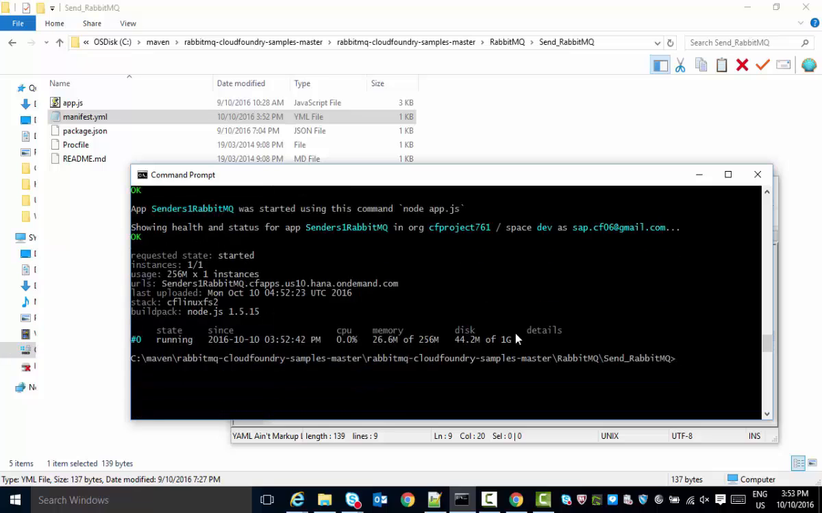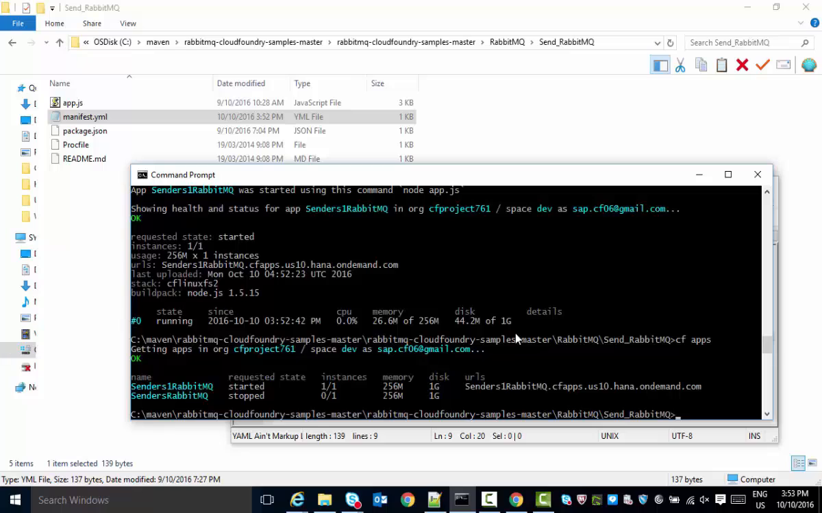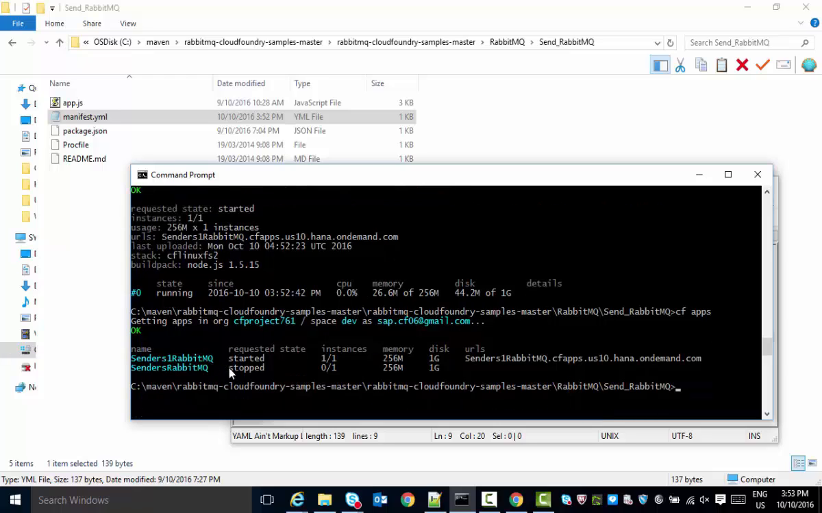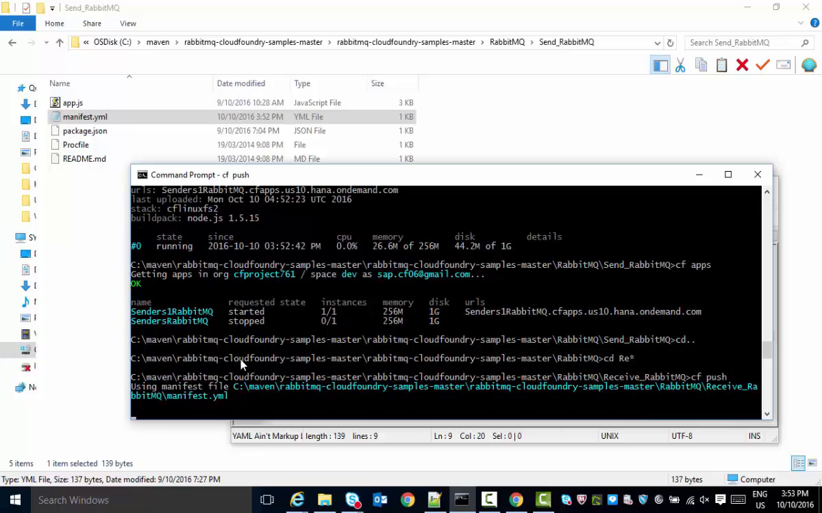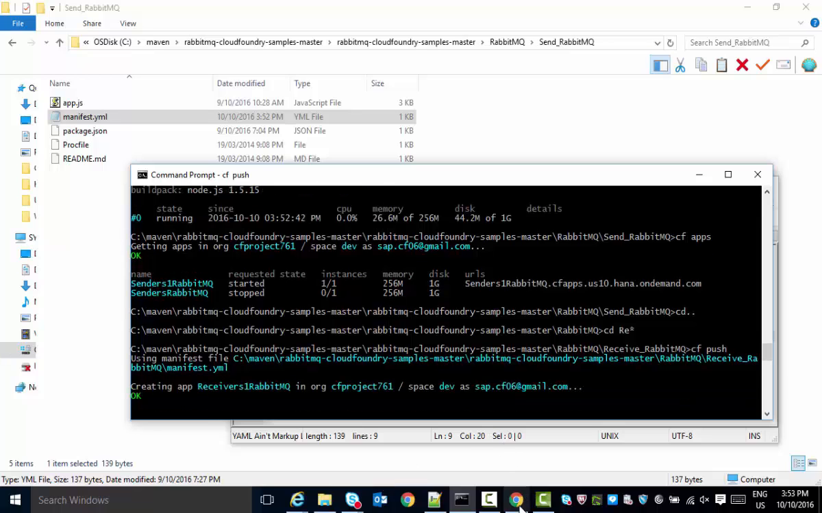If I want to see the list of apps that are available, I could use the command cf apps. The first one was an error one, so the second one is the one that I pushed again, and it's the sender S1 RabbitMQ. Similarly, I could upload the other program which is for the receiver side. So I'm just going to go into that folder and issue a push command. While that happens, I'm now going to quickly go to